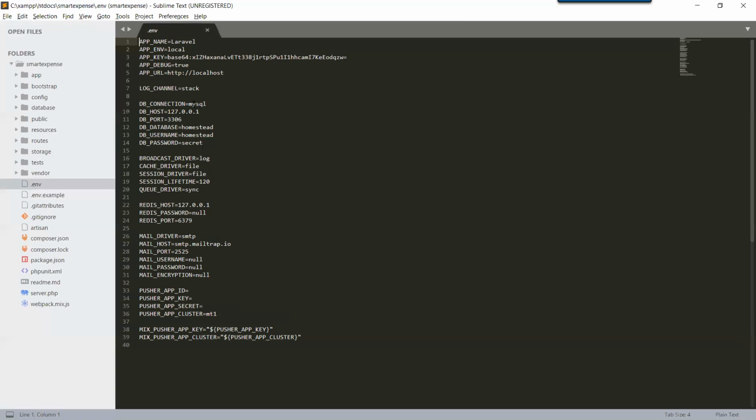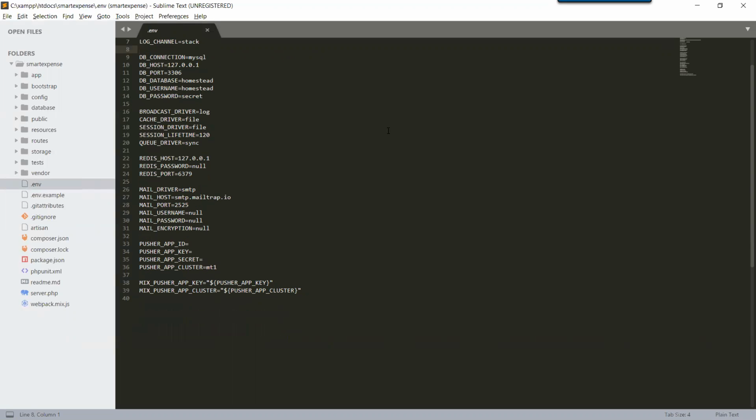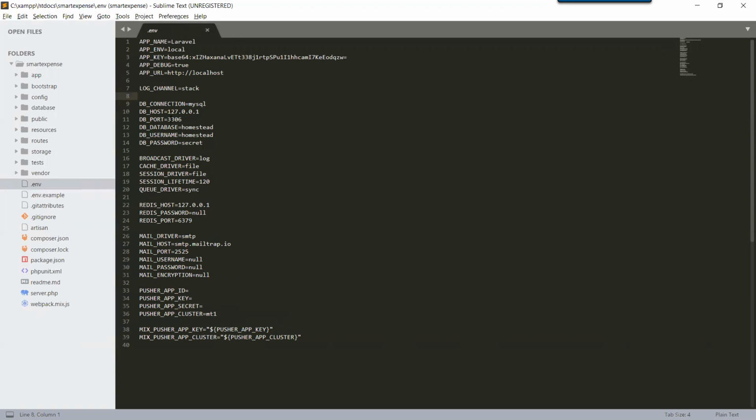And here is the DB connection where we configure our database. The DB connection is MySQL. We are using the MySQL database engine, the host is 127.0.0.1, the local host, and the DB port is the default 3306. For the database, we know it is not homestead, it is smart expense.